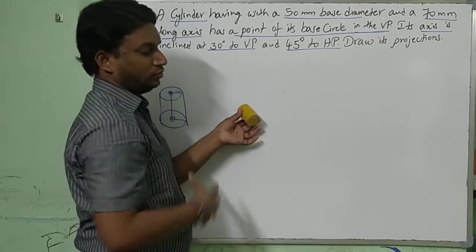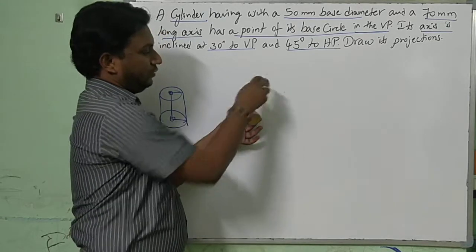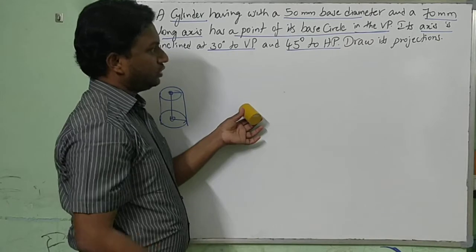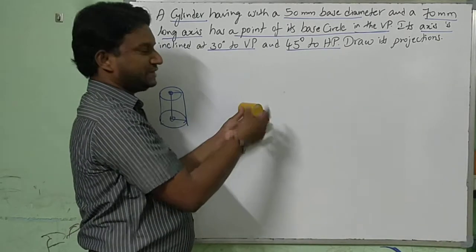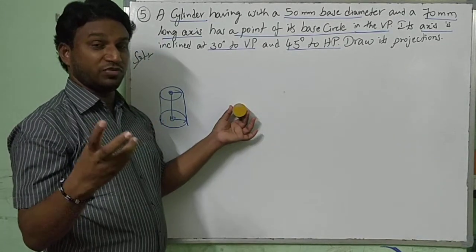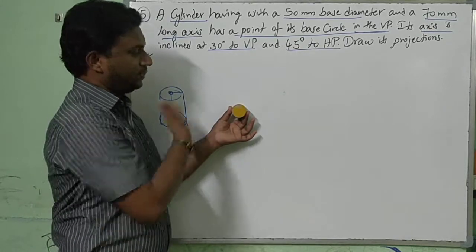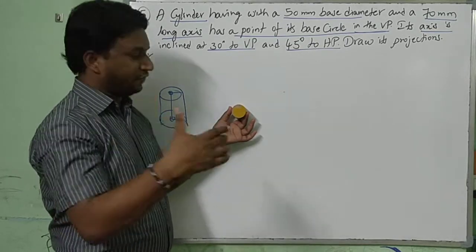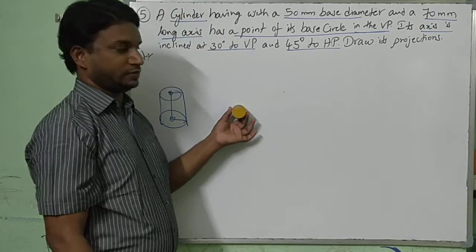Directly you cannot draw its front view and top view. So for that, with respect to HP, remove the 45, it will become like this. Remove the 30 such that you can bring the object to a particular position where we can draw the true shape of the base in one of the views. Now I am keeping it like this such that in the front view you can draw the true shape circle and project the top view.